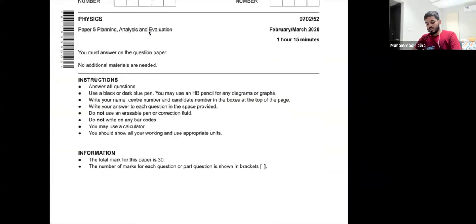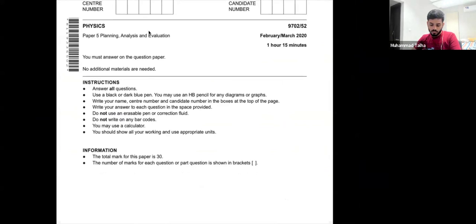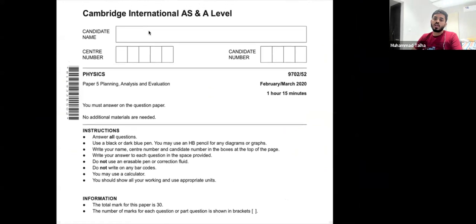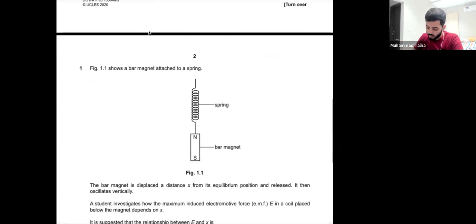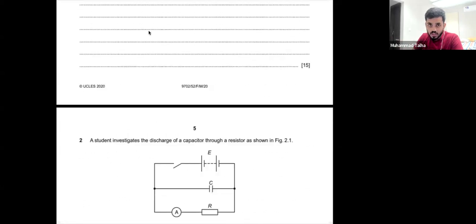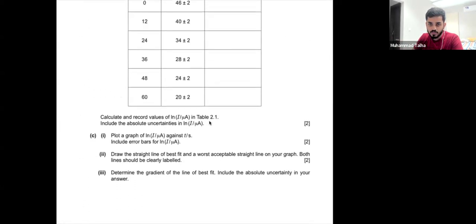List of apparatus, again, it's not like your practical paper, right? You don't have to write about a list of apparatus. It's not like O-level ATPs. With the improvement in what you have to measure, you need to think about the different apparatus, and we'll be doing some of these. So just hold on for a while. Let's first start with question number 2.